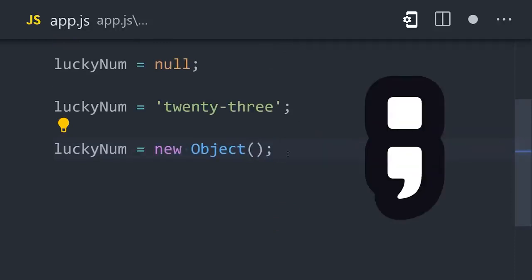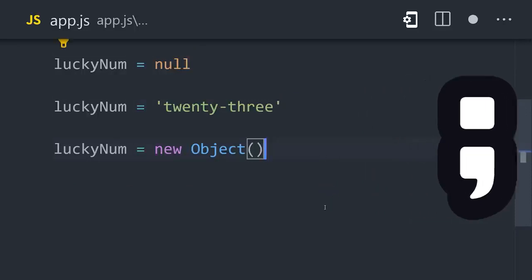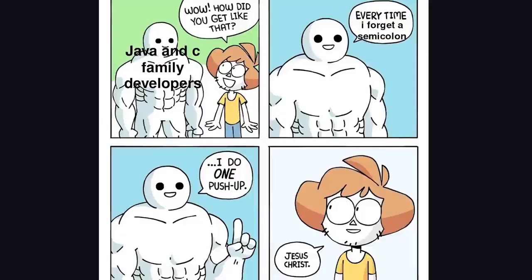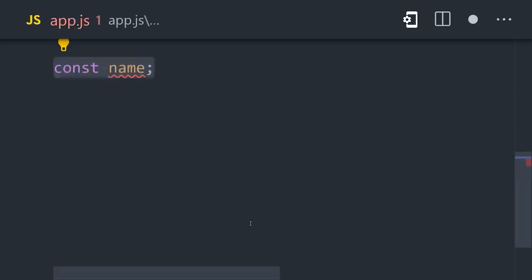Right now, we need to talk about this semicolon. Technically, semicolons are optional because if you leave them out, the JavaScript parser will add them automatically. In real life, JavaScript developers will often fight to the death over whether or not to use semicolons, but let is not the only way to define a variable.